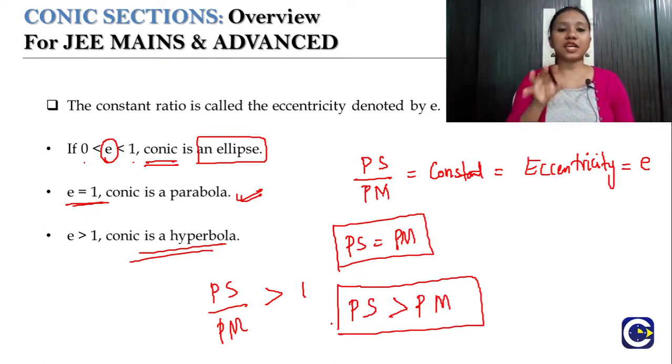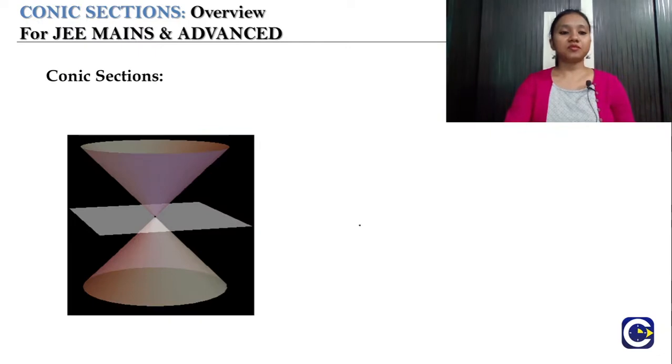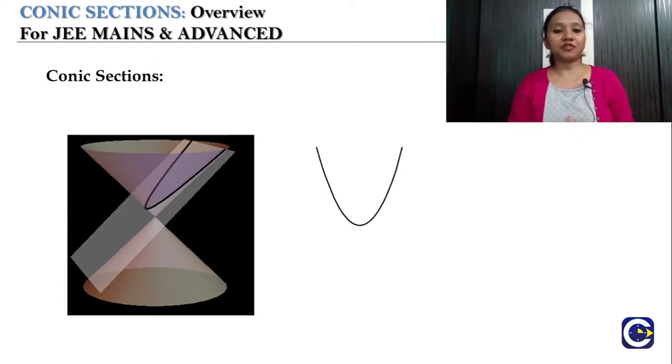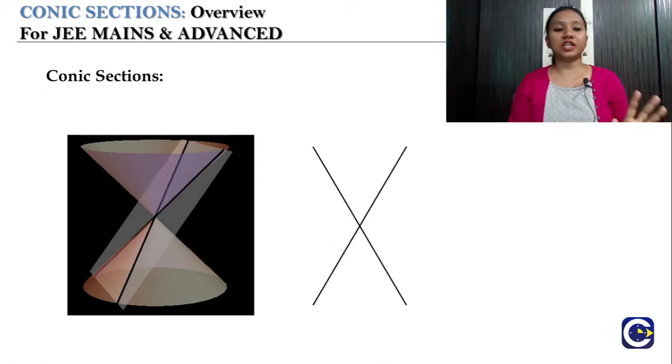As we know, today's topic is hyperbola. We have already discussed the ellipse and parabola in our previous sessions. If you haven't looked at those sessions before, go ahead and have a look at those two topics also, ellipse as well as the parabola. Now we are going to discuss the hyperbola. The conic section when the eccentricity is greater than 1 is the hyperbola. We know that all these conic sections are derived from our right circular cone. Yes or no? We are familiar with that.